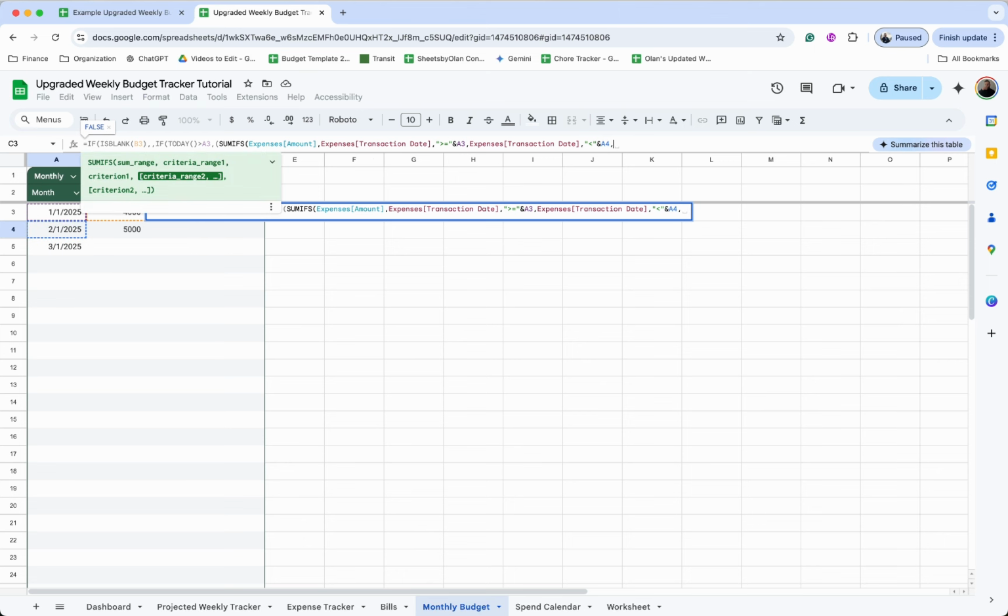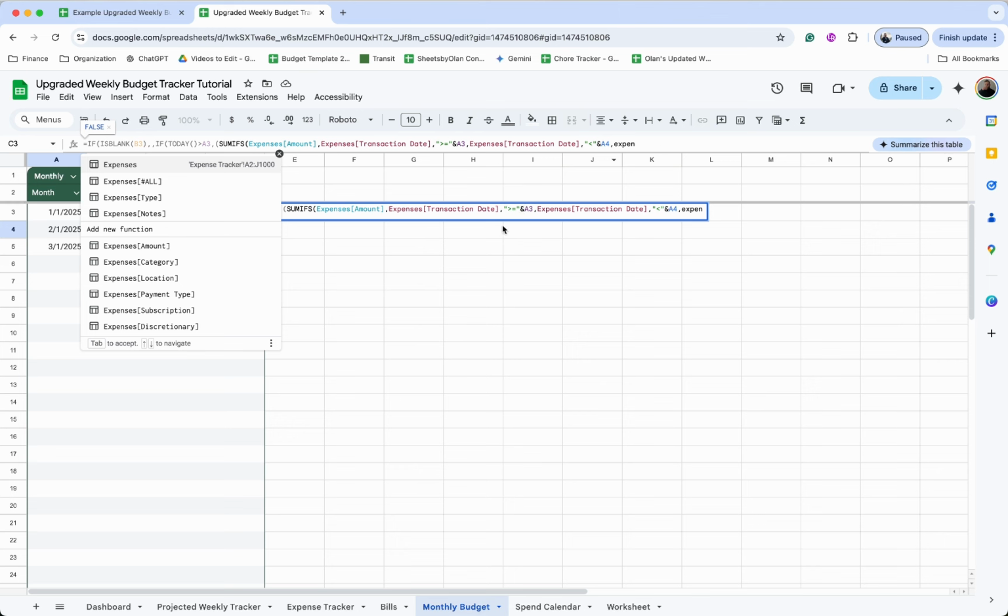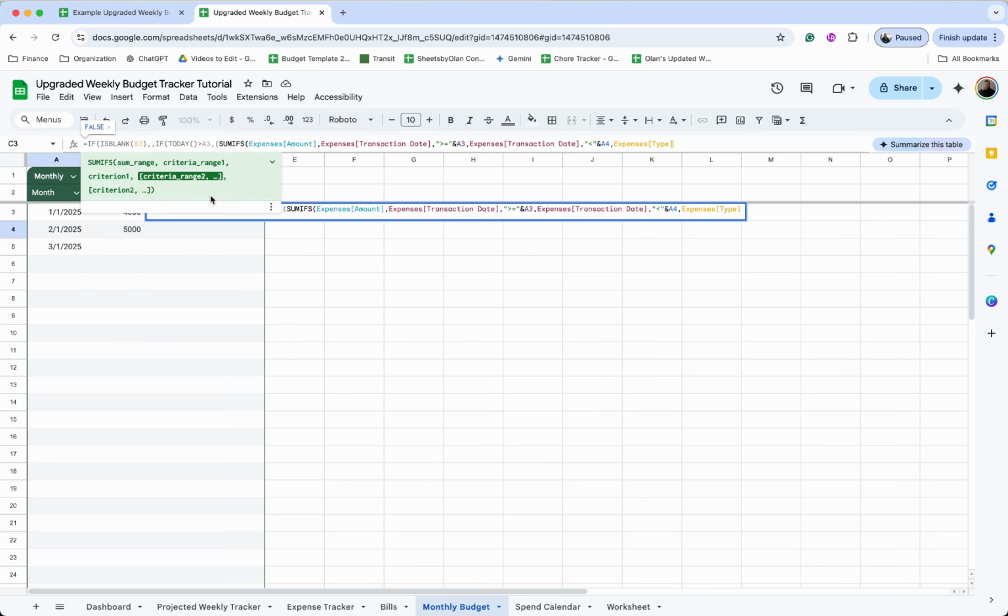Comma, expense type, comma, inside quotes, we'll put debit. And the reason why we're choosing debit is because we're only going to include things that are credit or debit. That way, if there's a card payment or something that's not one of those two, it won't be included in this list. All right, so I'm going to close out the parentheses for here, hit plus,